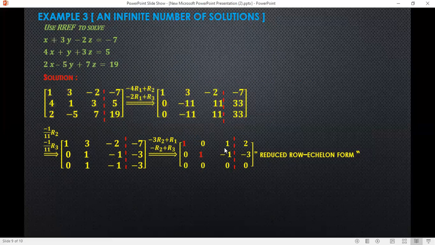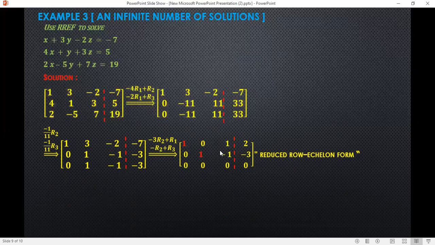It is called a free column for Z. This represents the X column. This is the Y column in which there is a pivot, and this is the Z column in which there is no pivot. This is called a free column, and here Z is free to take any arbitrary value,